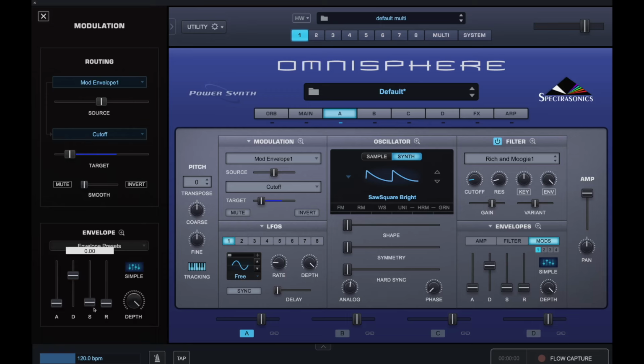Because if you noticed, if I do this, it goes all the way down to the bottom. Now if I don't want to go all the way down to the bottom, I just use the sustain parameter and it'll stop wherever I tell it. So I want to stop halfway. Now, if I combine that with the attack portion,